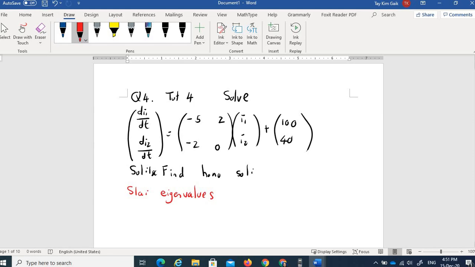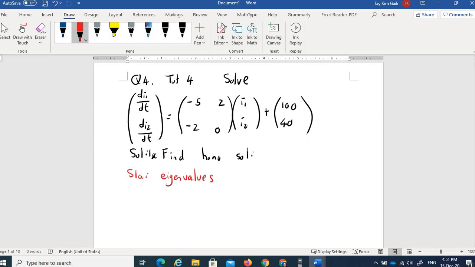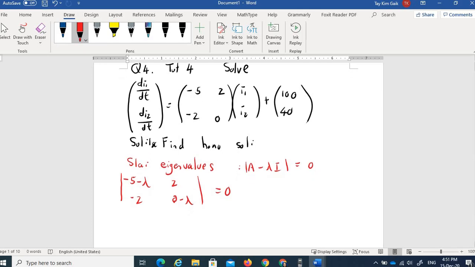I repeat one more time. To find the eigenvalue, you solve the determinant of A minus lambda I equal to 0. So you have negative 5 minus lambda, negative 2, 2, 0 minus lambda, equal to 0. Okay, solving this one, you obtain your